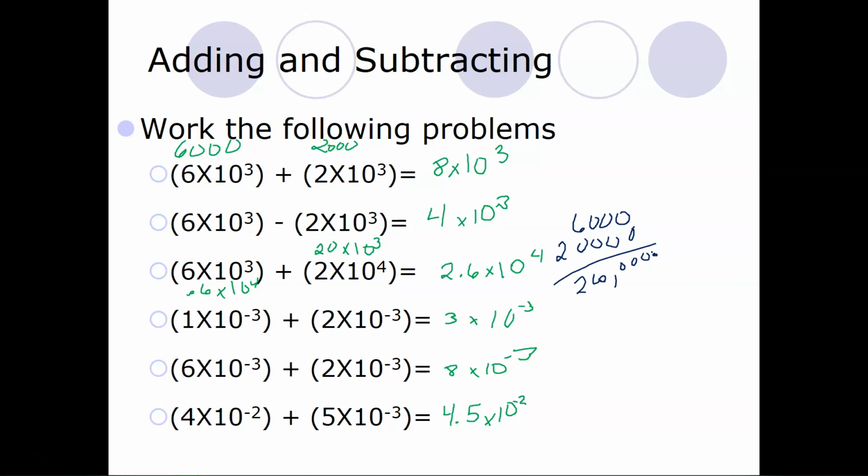In this case, you need to know that it is understood to be there. So whenever I need to put this back in short form, I move it 1, 2, 3, 4, and that's how you get 2.6 times 10 to the fourth. So no matter which way you solve this one,